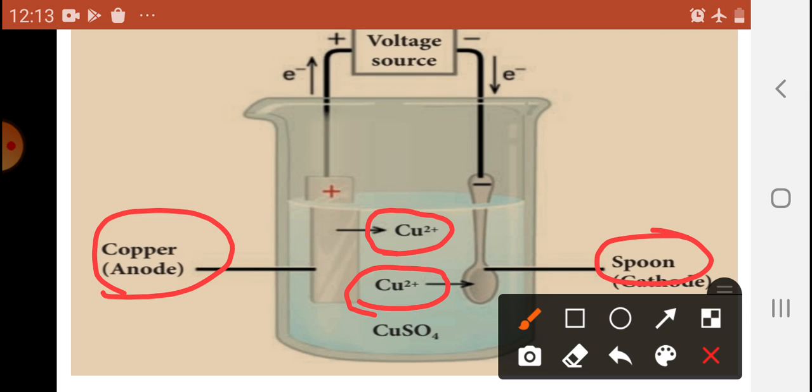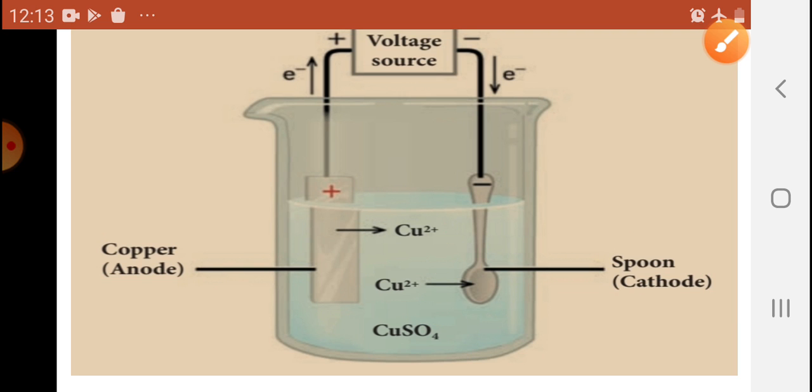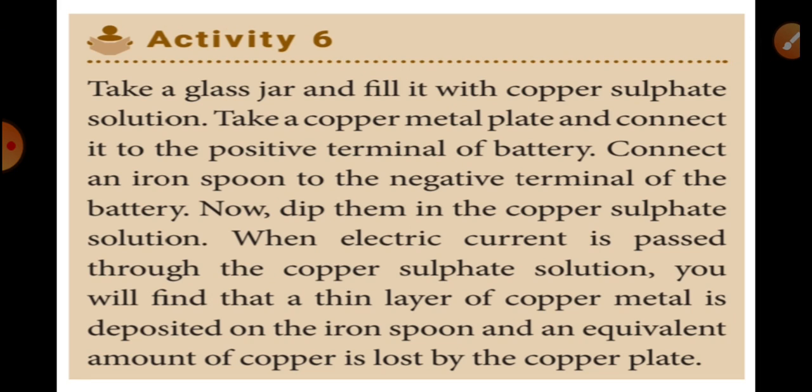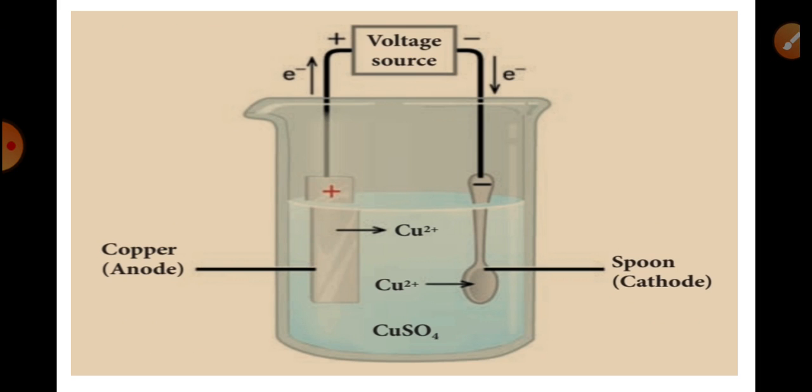So that is negative. Here we will have a voltage source, so positive and negative. We have to consider the copper sulfate solution. The solution we take is copper sulfate solution. Okay, now here, in this glass jar we filled the copper sulfate solution, and take a copper metal plate and